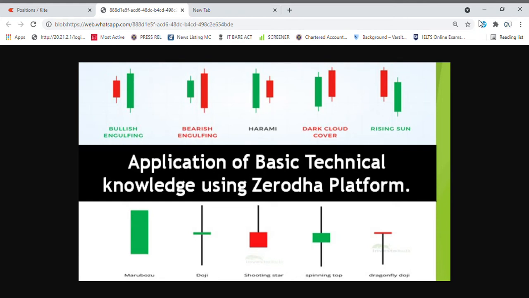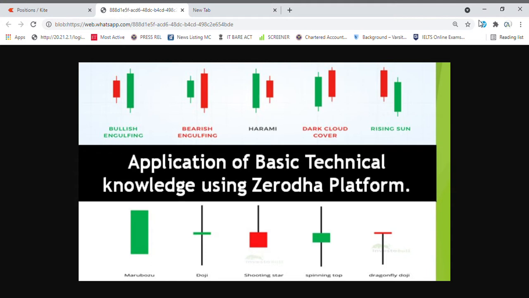In this video, I want to share something interesting which I saw recently in Zerodha. This is with respect to technicals. People who are aware of technicals will often hear words like hammer, shooting star, harami, engulfing, etc., which are the basics of technicals. So in this video, I am showing these patterns on Zerodha charts.